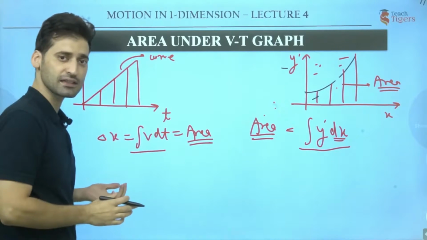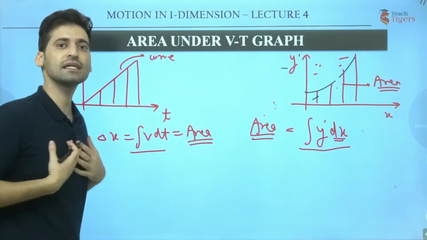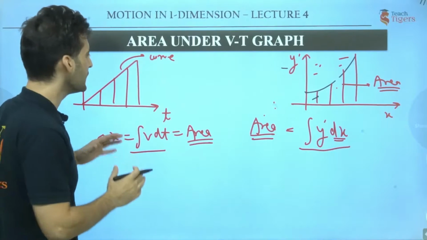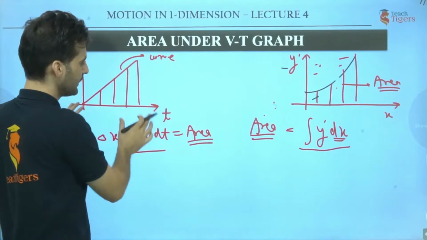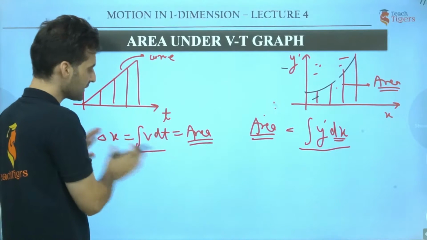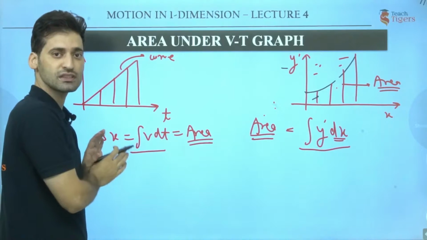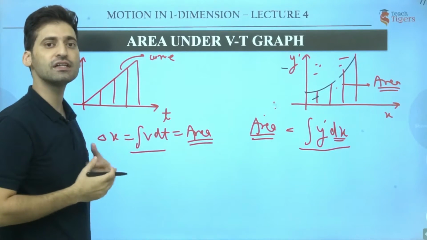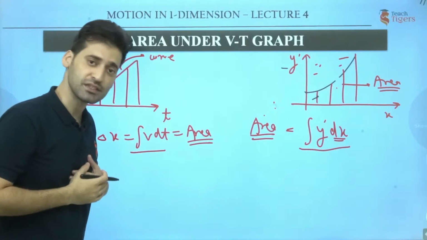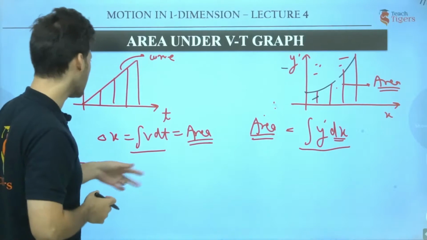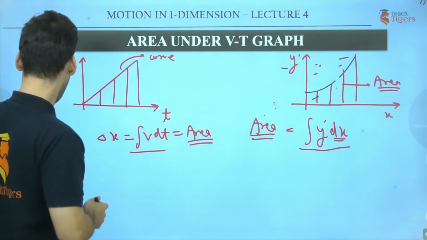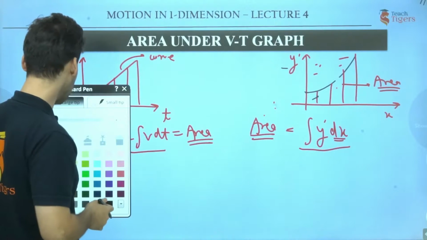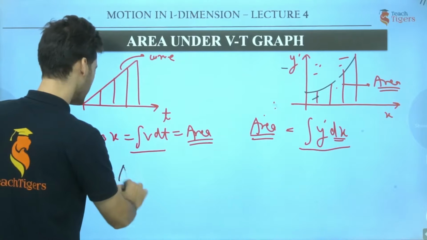And what is our delta x? Delta x is displacement. So what can I conclude from here? I can conclude that the area under the VT curve and the time axis is numerically equal to displacement. Or I can say the area under the VT curve will give me displacement. Got this point? So I am writing it over here for you, and just mark this thing. Keep this in your mind. This is important.